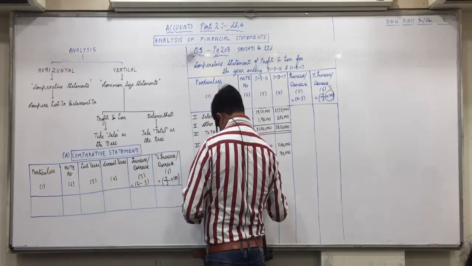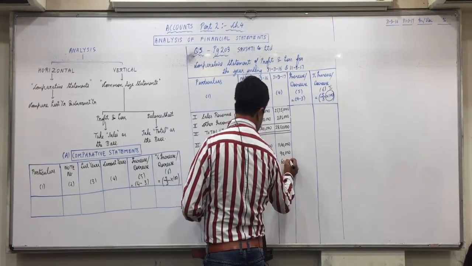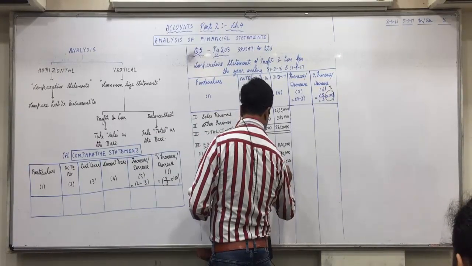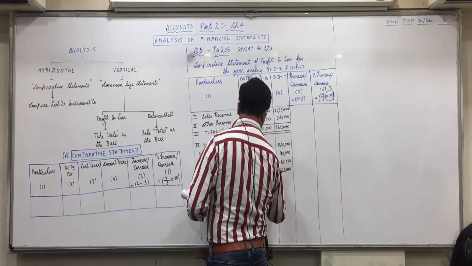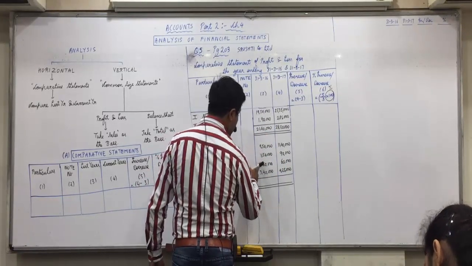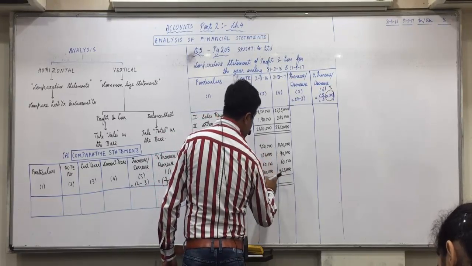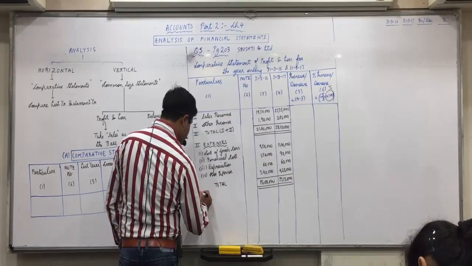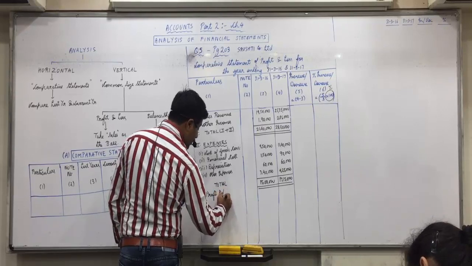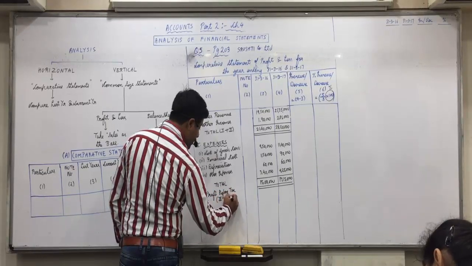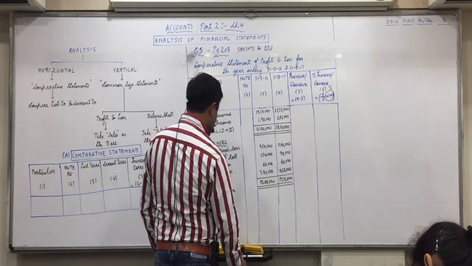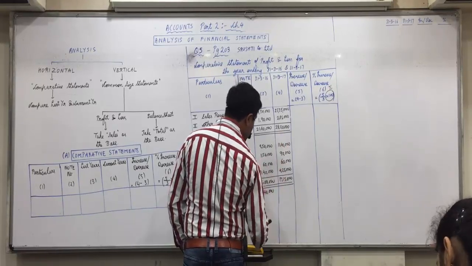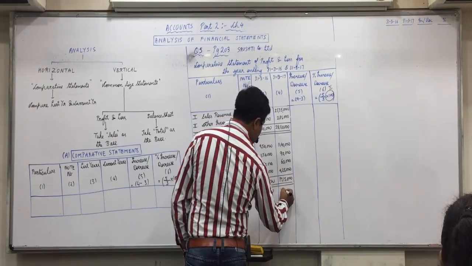Third, depreciation. 60,000 in fourth column and 60,000 itself in third column. Fourth, other expenses. 4 lakh 25,000 in fourth column. 3 lakh 40,000 in third column. Now total, so 9, 10, 11, 14, 15 lakhs. And 11, 15, 16, 13, 19, 17 lakh 15,000. Now, fifth, profit before tax in bracket 3 minus 4. 21 lakh 40,000 minus 15 lakhs, 6 lakh 40,000. 28 lakh 20,000 minus 17 lakh 15,000, 11 lakh 5,000.